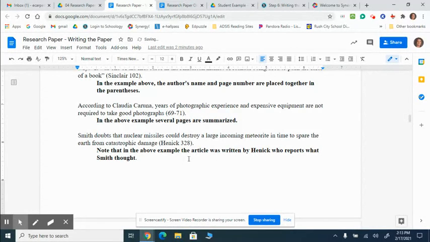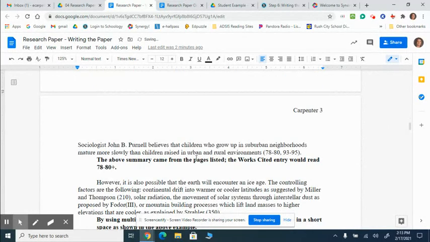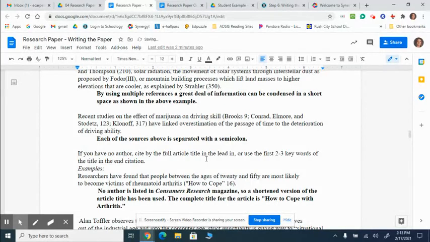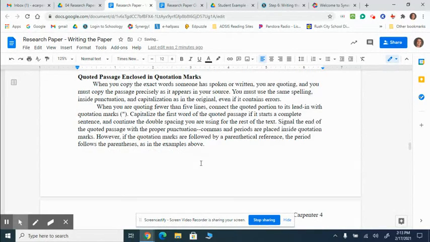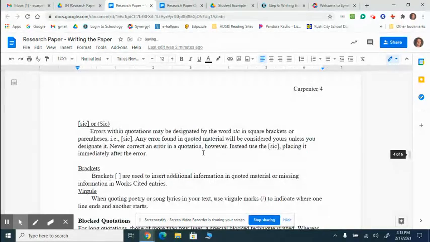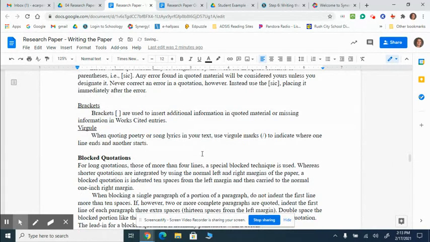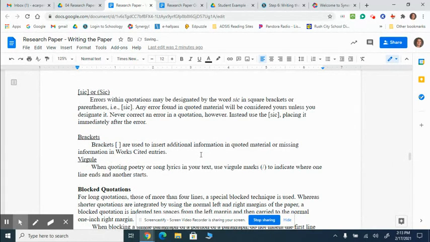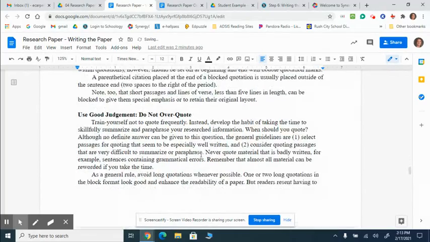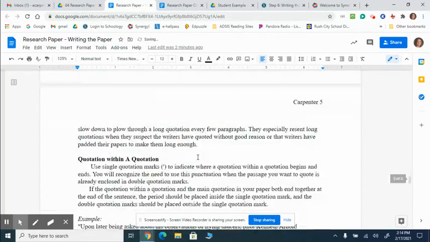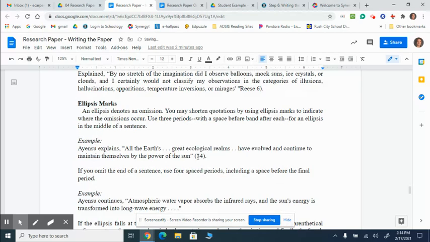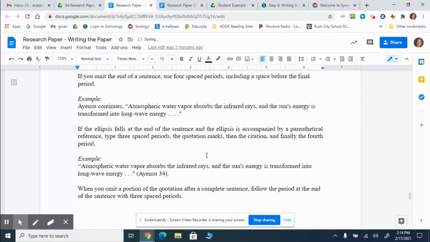Anyway, the rest of this document really walks you through what you should do for every citation question that you could possibly have. So we will go through this as you have any questions and talk about different things that you can use, how to do block quotations, making sure that you do not overquote. But I just wanted to make you aware that the first thing you should do is read through this writing the paper